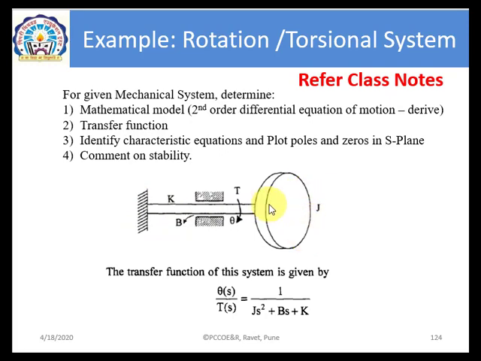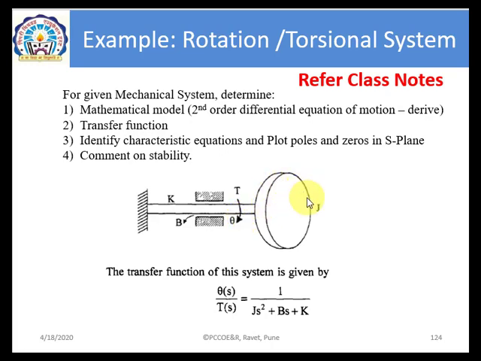At this end, the motion is not free. The elastic member or elastic shaft is resisting that motion, since the disc and elastic shaft are rigidly connected together. So there is no relative motion between disc and shaft. Now on this system, the torque T is applied. As observed, the angular displacement also takes place in the same direction as the applied torque. So it is an assumption.